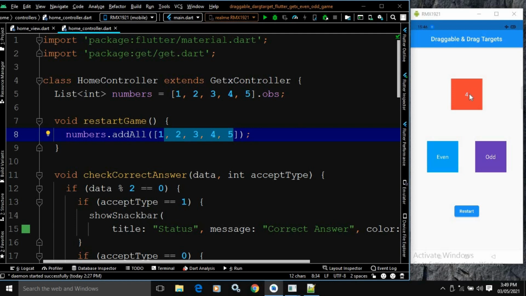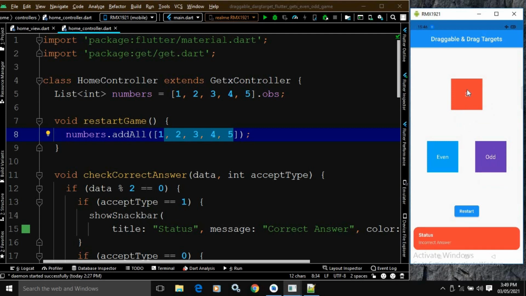If I drag this 4 to odd, then it will display incorrect answer. If I drag 3 here, it will display correct answer. If I drag 2 to even, then it will display correct answer. 1 to odd, correct answer. And you can see here it is displayed no item, because now the list does not contain any element. And once I click on restart, then again this list will be initialized with these values and